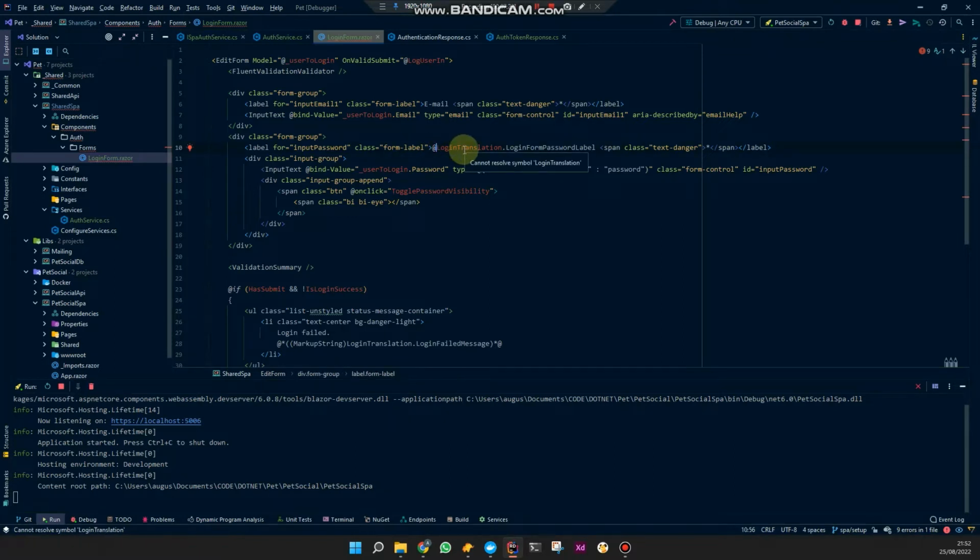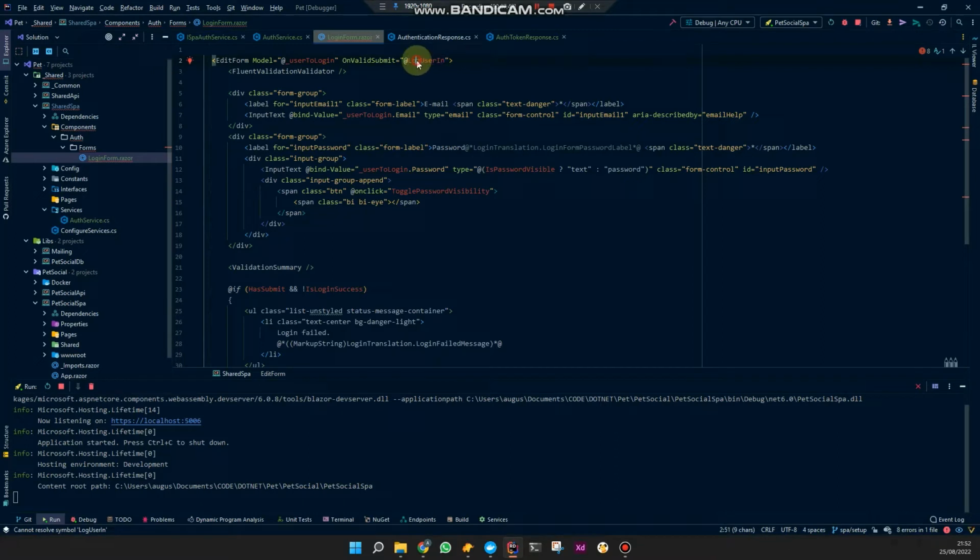Password label. Sorry that you have to see all this. Password label would be just password. Email, password, okay. Then we'll need a model to bind to